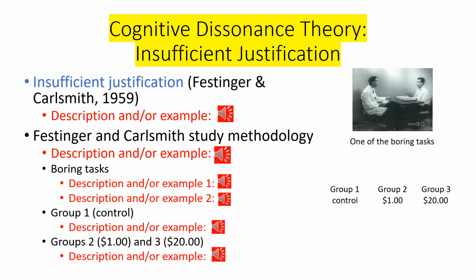The procedure for Group 2, the $1 group, and Group 3, the $20 group, was somewhat different than it was for the control group. Yes, groups 2 and 3 did the same thing to start with, right? They did the same two boring tasks, totaling 1 hour. But then when the researcher looked at the subject after he finished the two boring tasks, the researcher says, well,